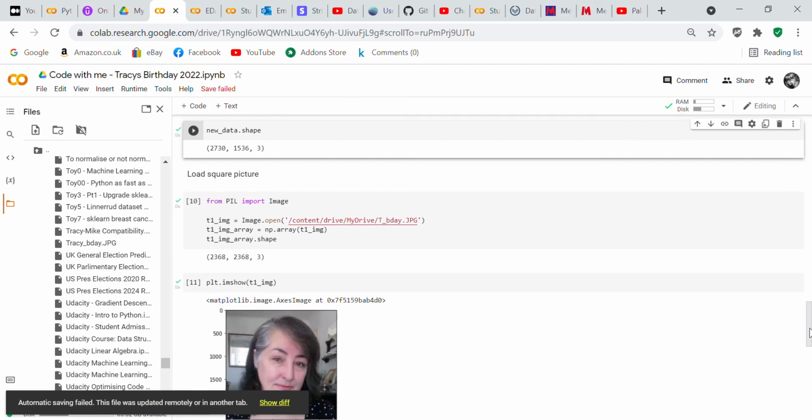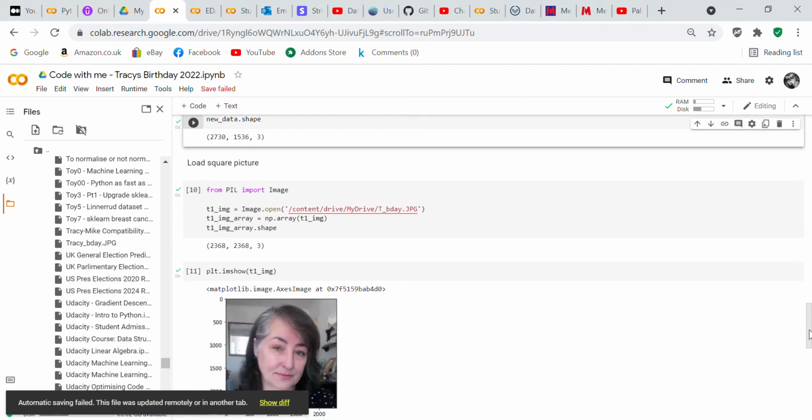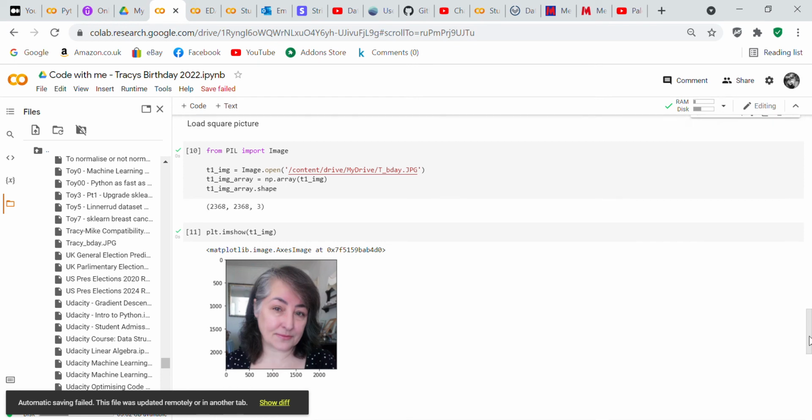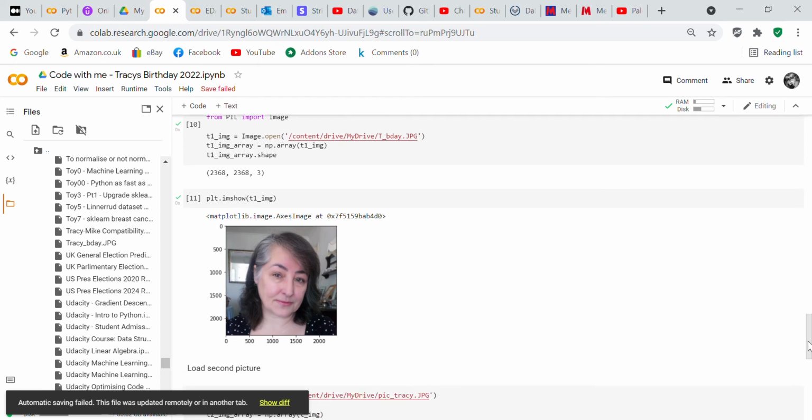And then I thought, well, this just isn't working out. What can I do? So I thought, what I'll do is take the picture and make it a square and see what happens. So I took the picture and I made it a square, so it was 2368 by 2368 by 3. So you can see the picture, which is a square, which is fine, except for the fact that it doesn't solve the problem that if the picture is a rectangle, then it could be